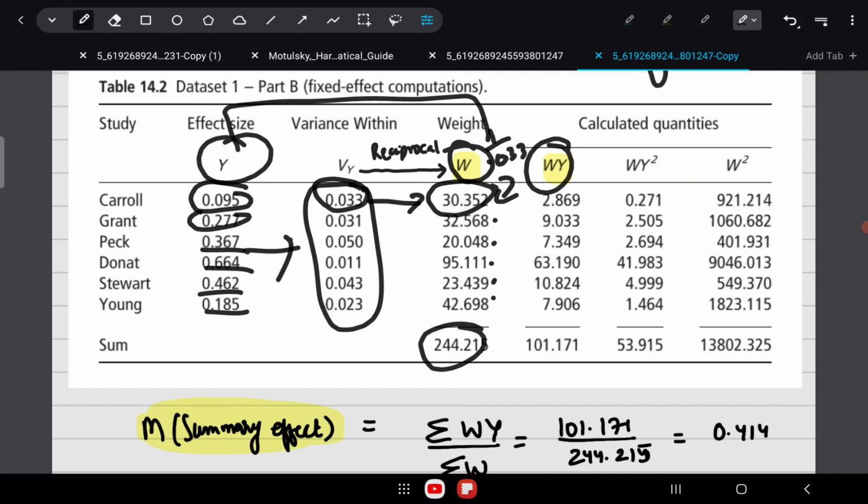So it will be weight into the effect size, that will be WY. For the first study, it will be 0.095 into 330.352. So like that you will compute the product of the effect size and the weight.